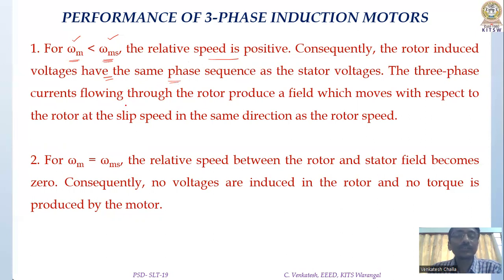The current produced through the rotor produces a field which moves with respect to the rotor at the slip speed. So the rotor current will have a frequency of the slip speed frequency, in the same direction as the rotor speed. So if the rotor is rotating clockwise, the flux produced by the rotor currents will also be in the clockwise direction. For omega m equal to omega ms, if let us say the rotor speed becomes equal